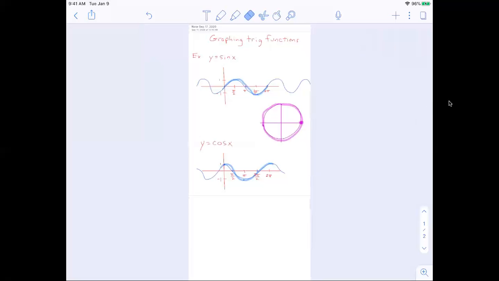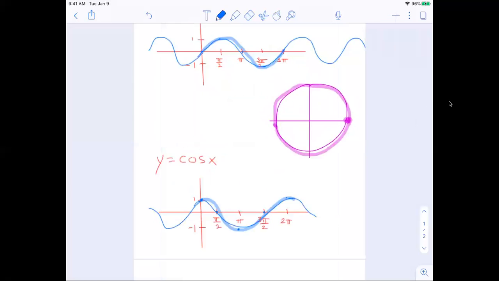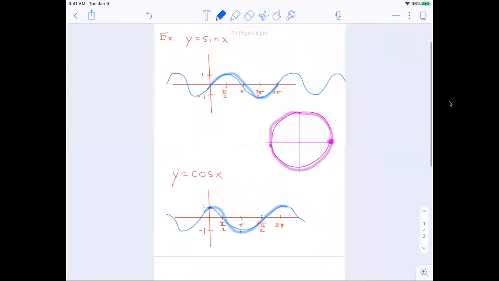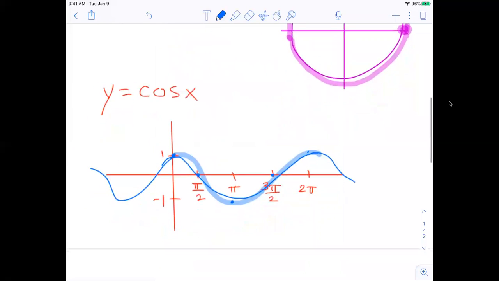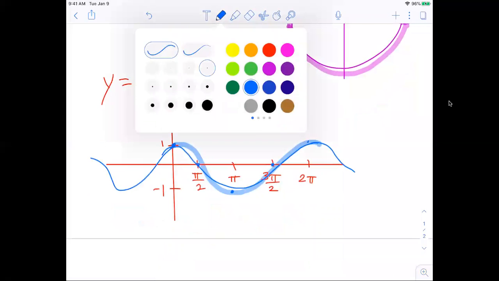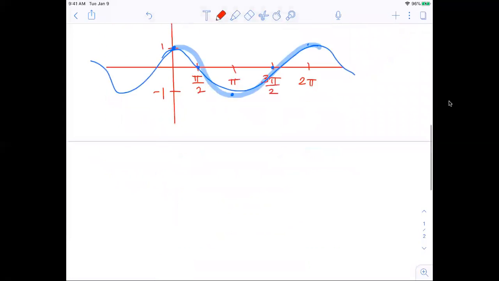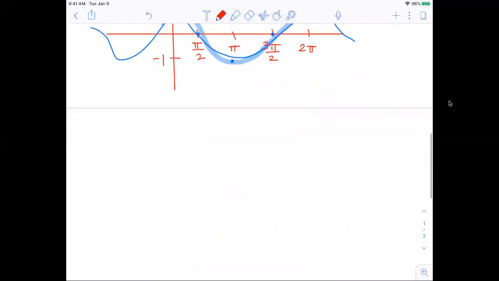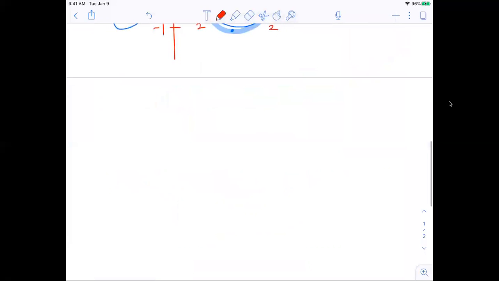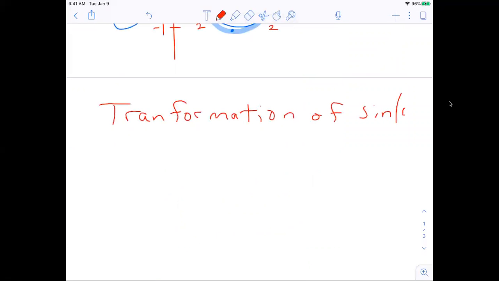All right, well then, we're going to also do some transformations or ways that the graph changes. And so to do some transformations of the graph, I'm going to start with a basic sine graph, but a cosine works the same way. So for a transformation of sine or cosine for that matter,